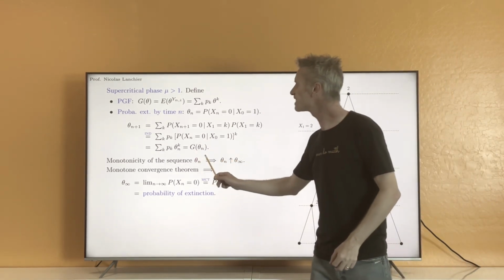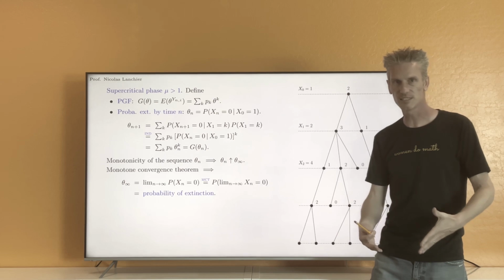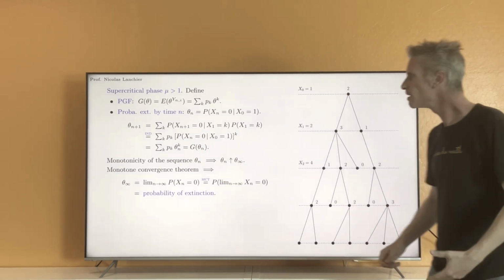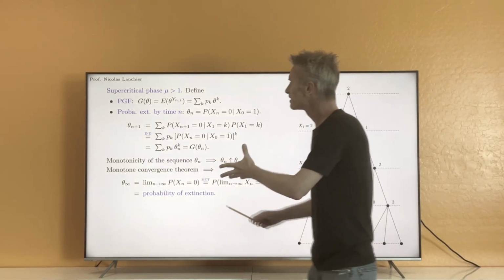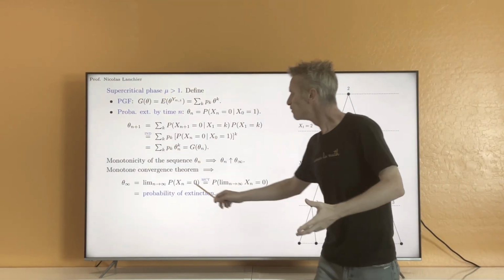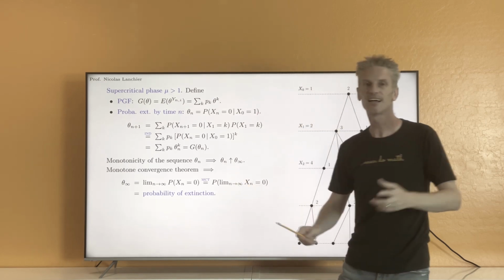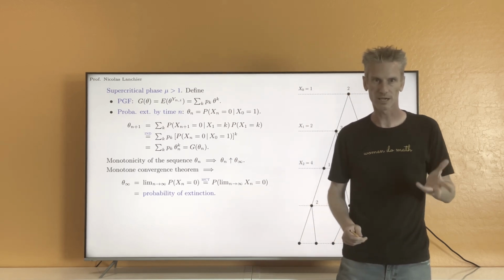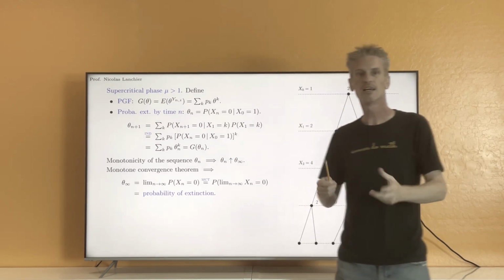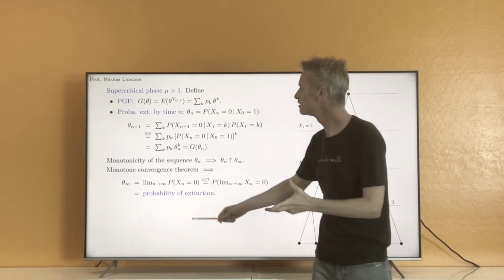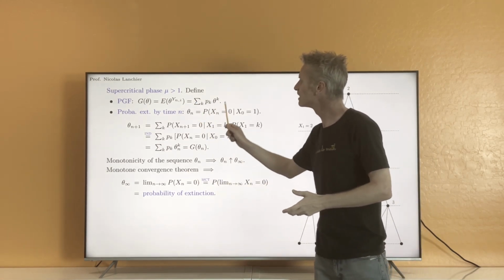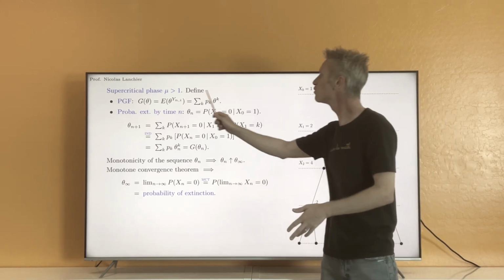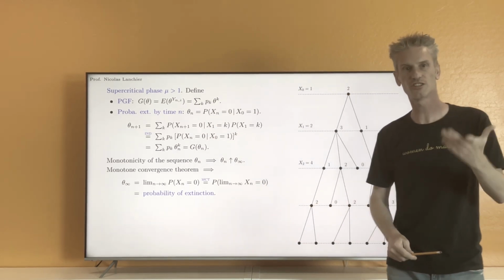So to sum up, we have a sequence whose limit is exactly the probability of extinction of the process. But this sequence can be defined recursively by applying the function g several times. So from that, it seems that this probability of extinction, theta infinity, should be a fixed point of this function. And indeed, we can prove that. The only trick we have to use in the next reasoning is the fact that this function is a power series, an analytic smooth function, so it is continuous. The function g is continuous.